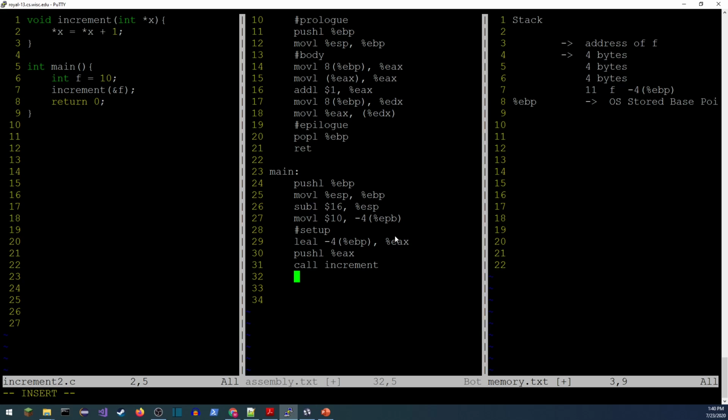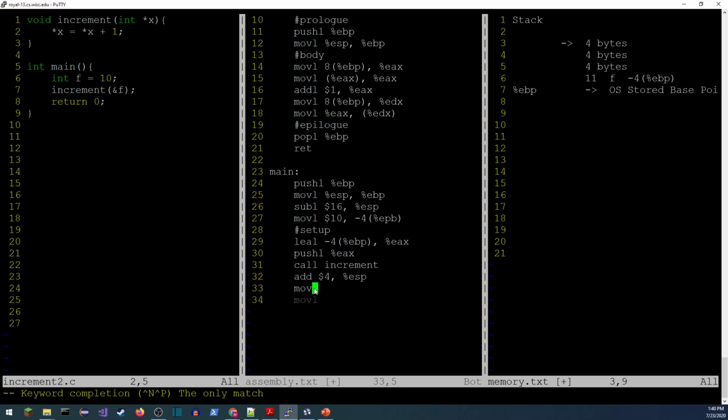But just for completeness, let me just go ahead and say we will be adding, in this case, 4 bytes to ESP, and that will take the parameter that I was just finished using and remove it just like that. Okay, after that, leave. Oh, we got to set up the, almost. Move immediate 0 into EAX. This is for the return value. I just got the return value set up.